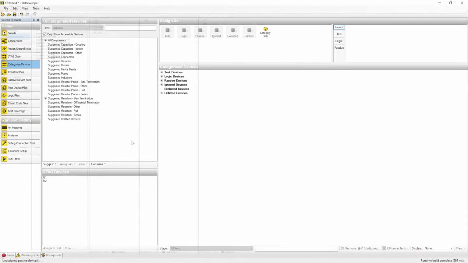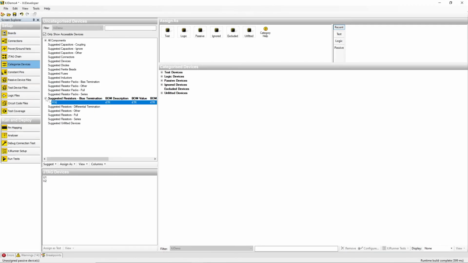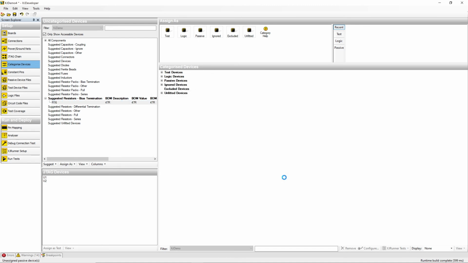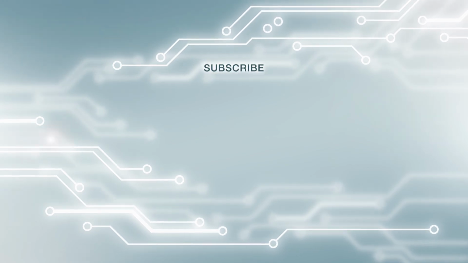It's also going to be important to categorise the termination resistors correctly, and there are specific library files to use for them, but that's the subject of a future video. I hope this series has given you a good introduction to categorising power, ground and termination voltage nets. Categorising them all correctly gives you an accurate starting point that's going to help the rest of your project setup run smoothly.